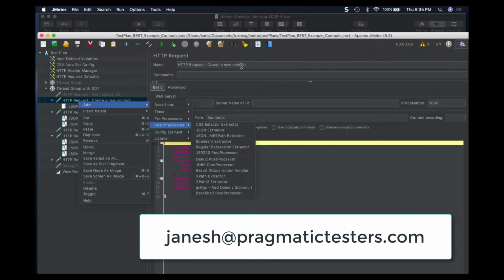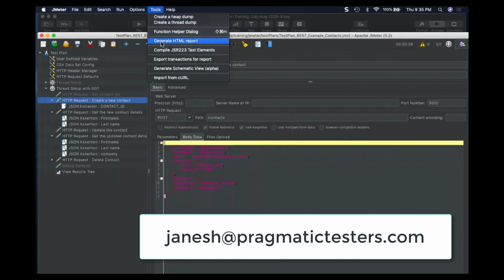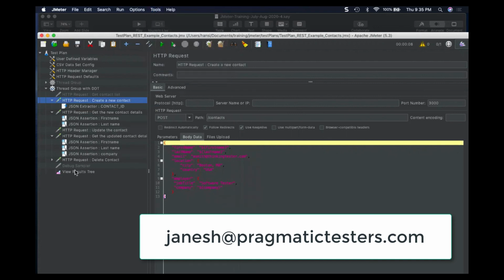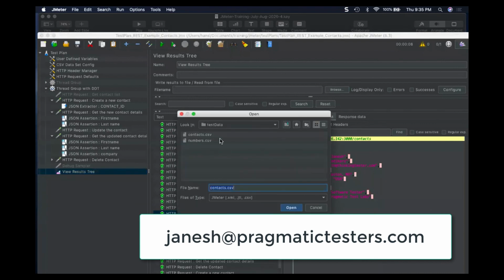Does JMeter have some HTML reports for API testing? Not specifically for APIs, but you can generate the HTML report. You can go to the Tools menu and generate the HTML report. For that, you need to save the test results in CSV and JTL format, right?